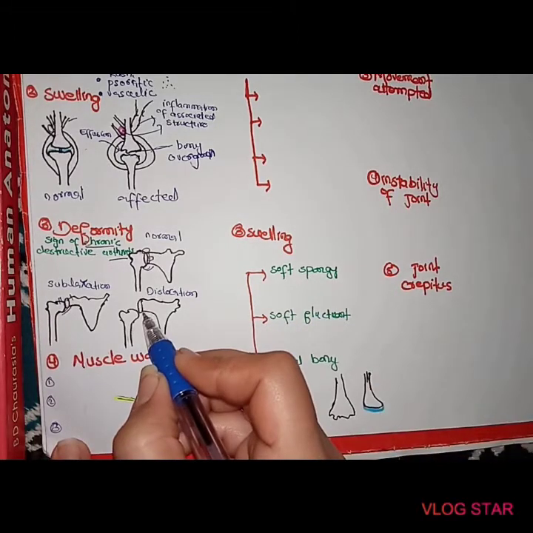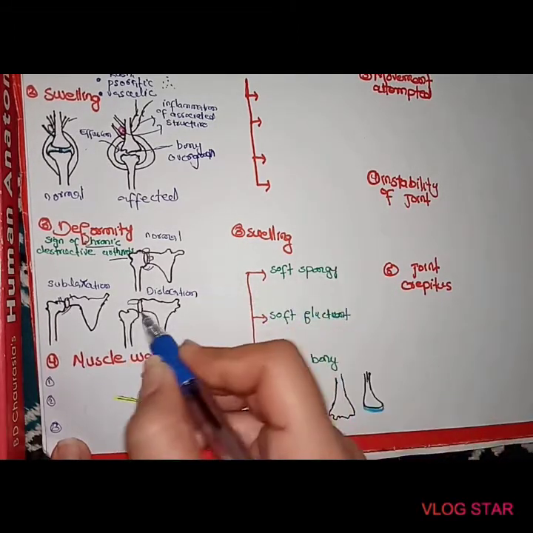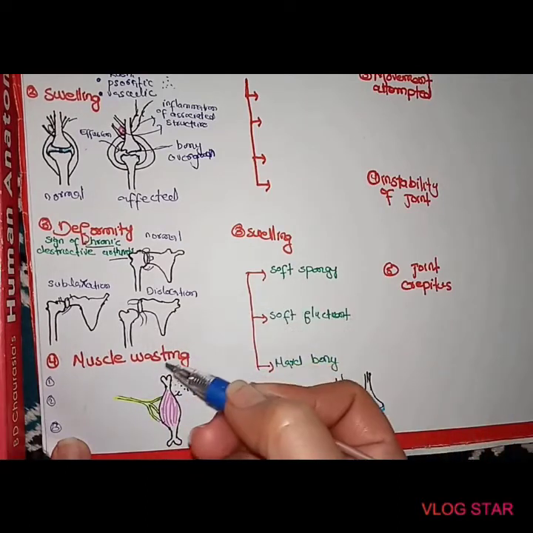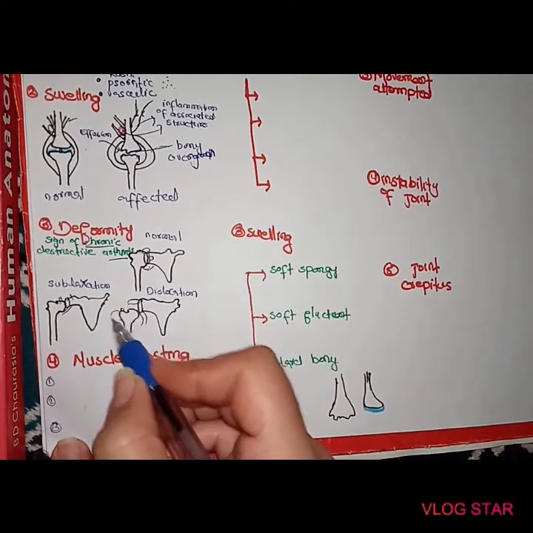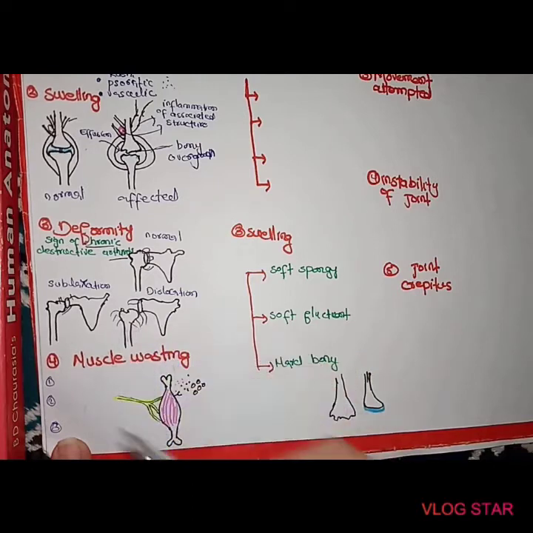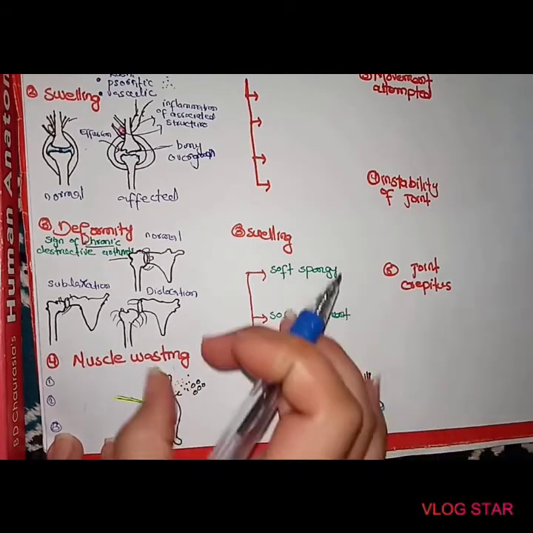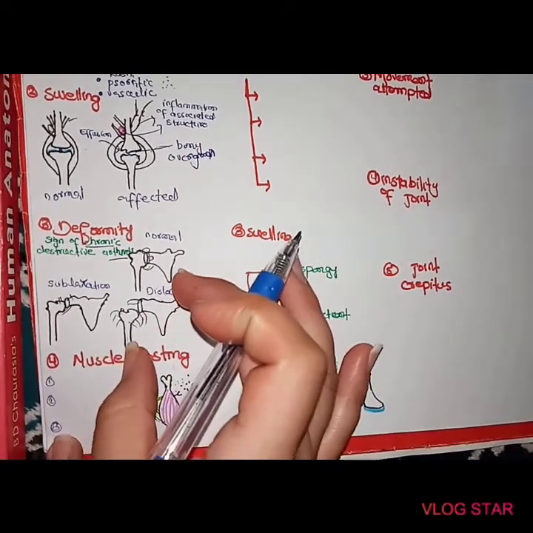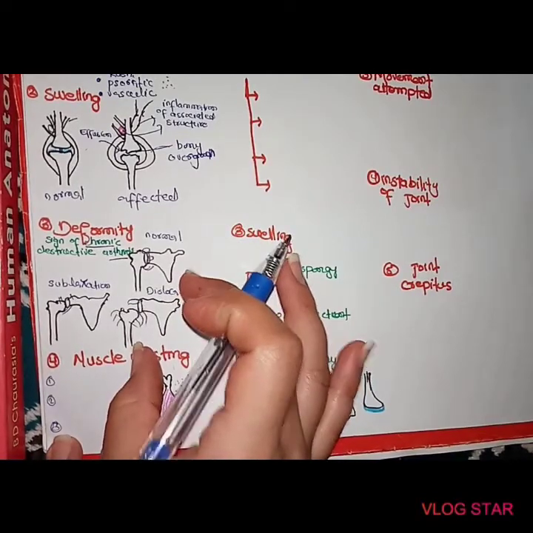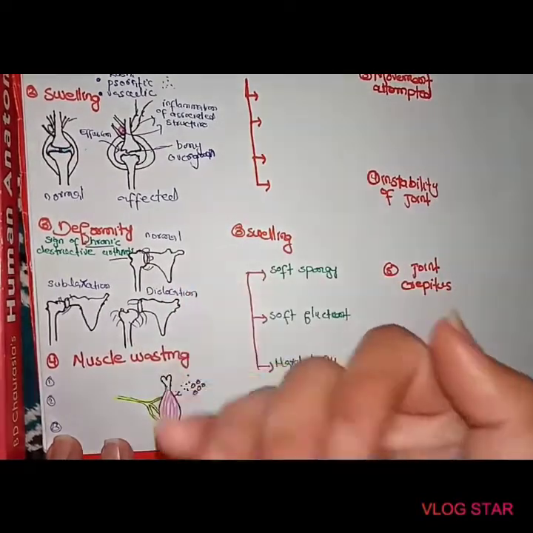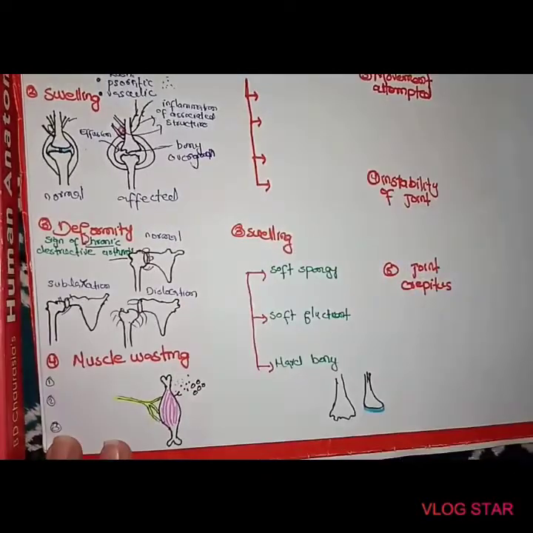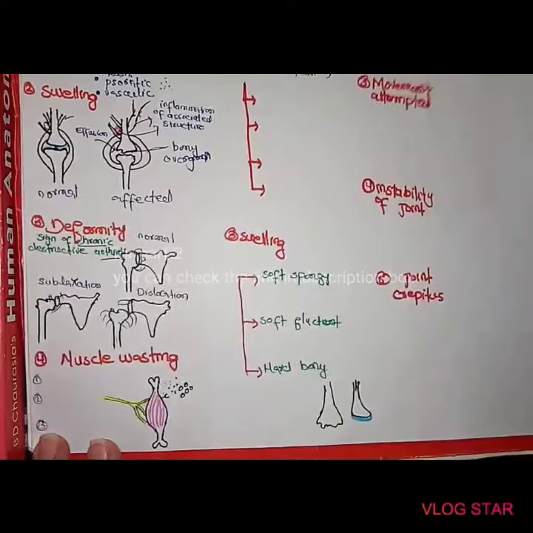The ligaments start tearing, those attaching from one bone to another, or the joint capsule is completely broken. So when you observe these deformities, they may be dislocation or subluxation. And any kind of joint angle may change, and then